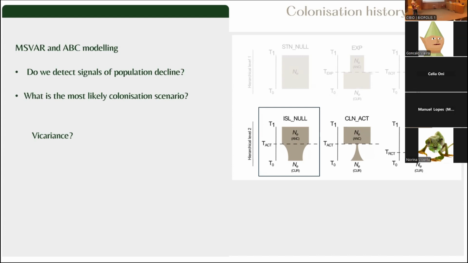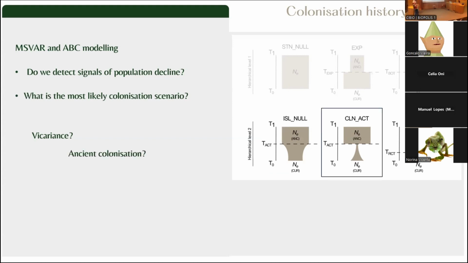Do we have vicariance? Because that's another important thing about the archipelago, which could potentially explain why we don't see the stepwise pattern. This is not an oceanic archipelago. This archipelago was formed when the rising sea levels flooded the continental plate. So it is possible that differentiation is just stochastic, because you cannot really control which way genetic drift goes, and the populations got isolated and they just diverged.